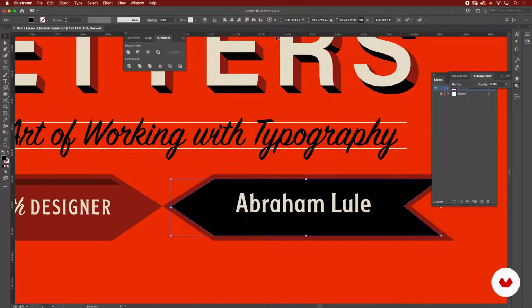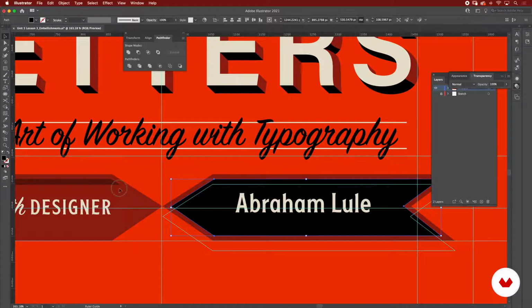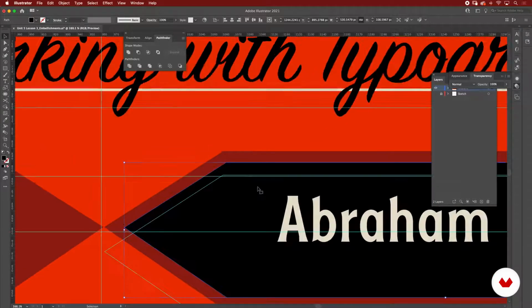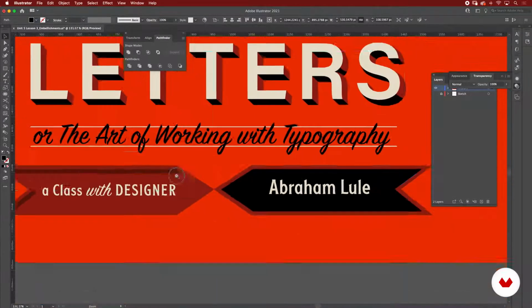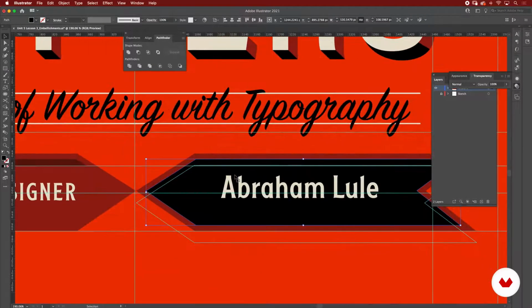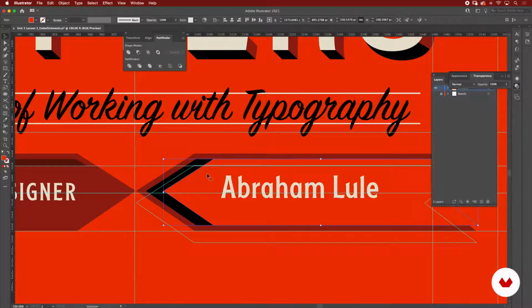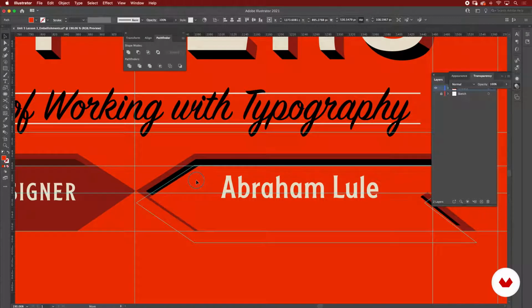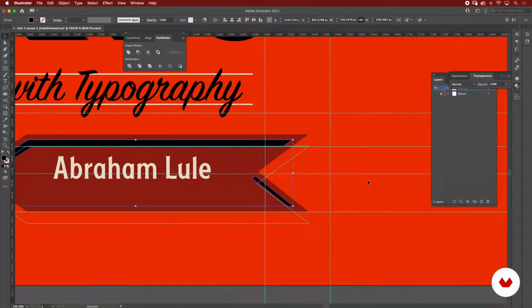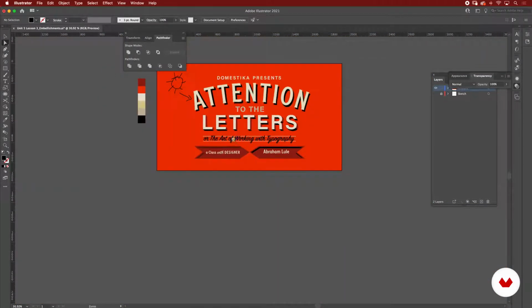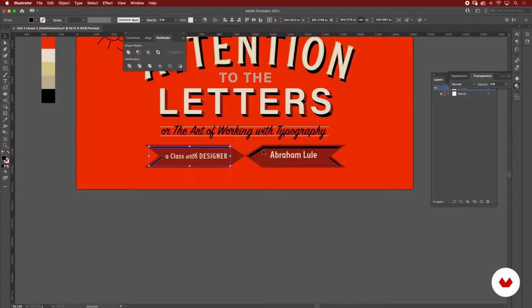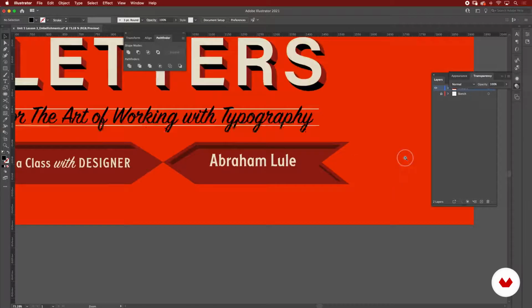If you want, just bring one of these guides down here so you're sure that's casting in the right part. And change the color first so you can see. I think this is correct. Select both shapes, Minus Front on the Pathfinder. Now let's use the same opacity, 37. I think it's working very well.